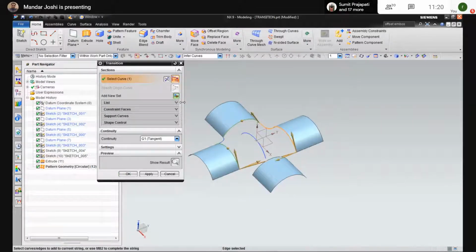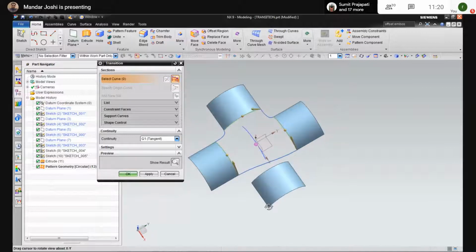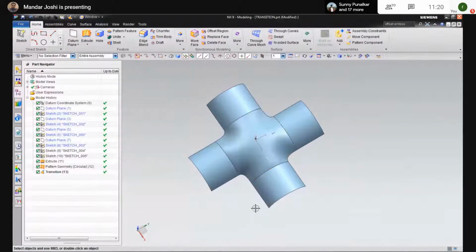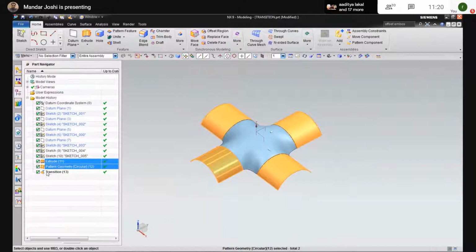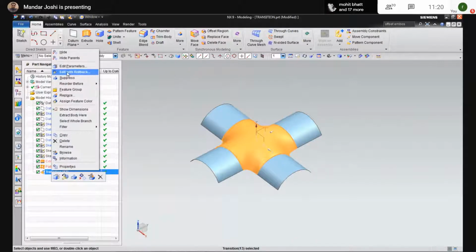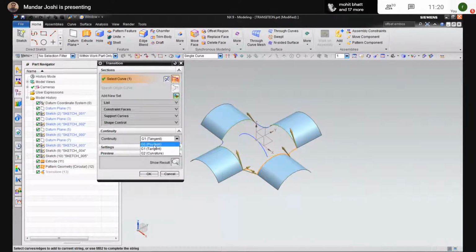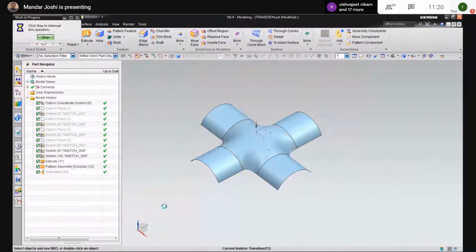Third, fourth one is this. Okay. It will maintain tangential continuity with these extruded supports because of the option we have taken, G1. If we use G0, it will only match point continuity, but I need tangential continuity, so I use the G1 option.